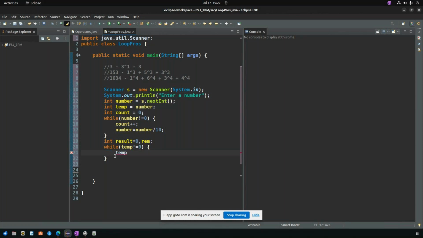So temp modulus 10. Temp modulus 10 we will take into the remainder. So remainder is equal to temp modulus 10. So what we will do is we will say result is equal to result plus,